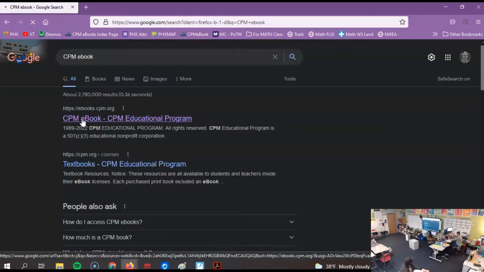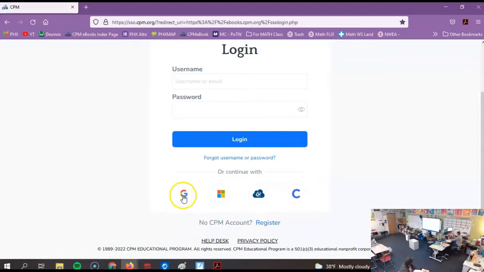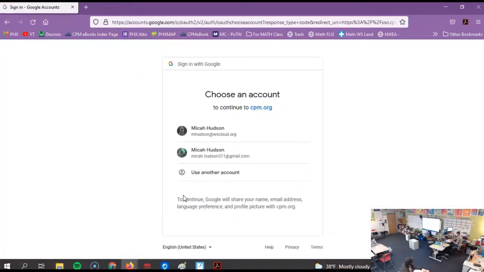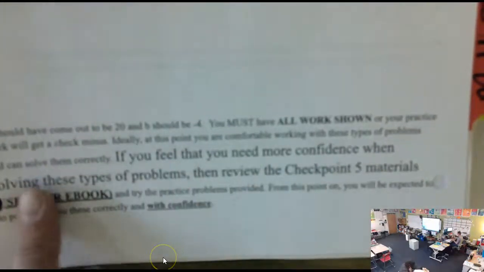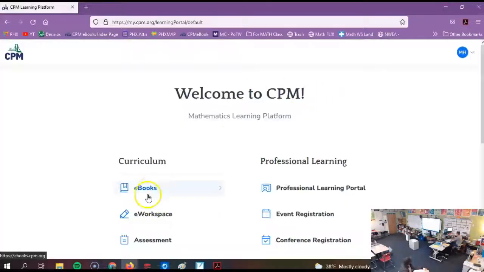But if I go right here, then I pick the CC2. Right, well, log in with Google. This is the thing I wanted to remind you too. You are always just clicking the Google button and you're using your school account. So if you're trying to get to the ebook, because I have this big message at the bottom of the paper about if you want some more practice, if you want to look at the checkpoint, because it reviews these things. So ebook,